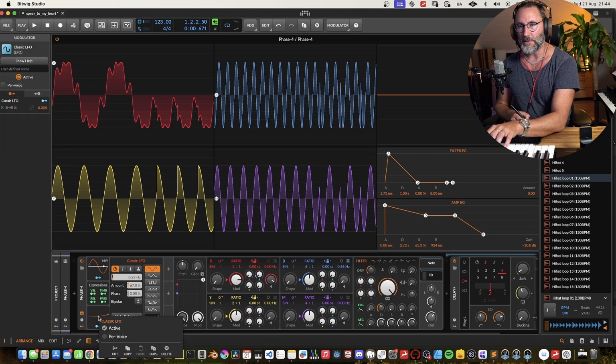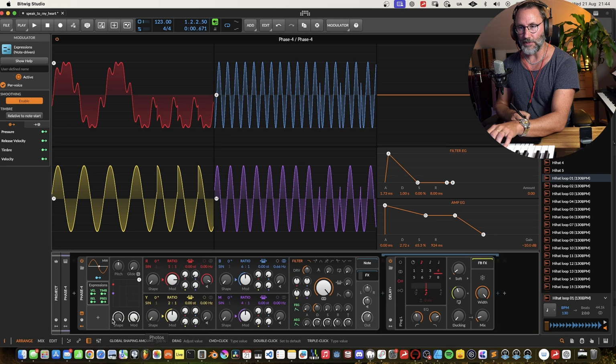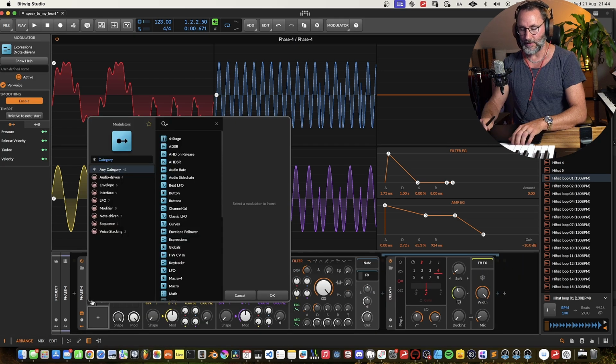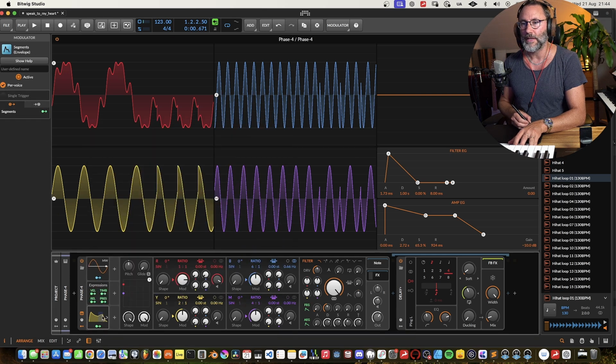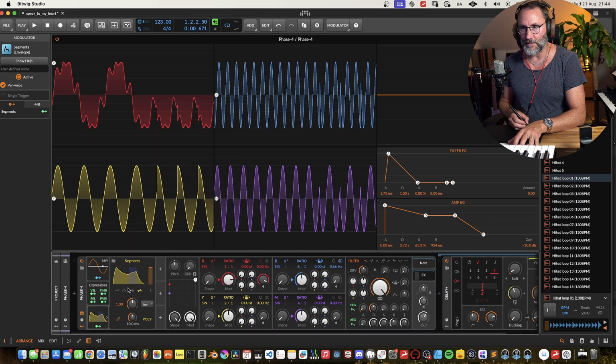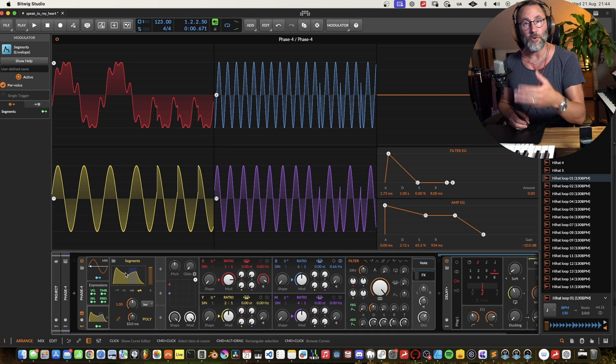So we're just gonna delete that one and add the Segments. And we're gonna expand the view for the Segments and make it non-loopable, because we have a few different ways that this envelope will behave.